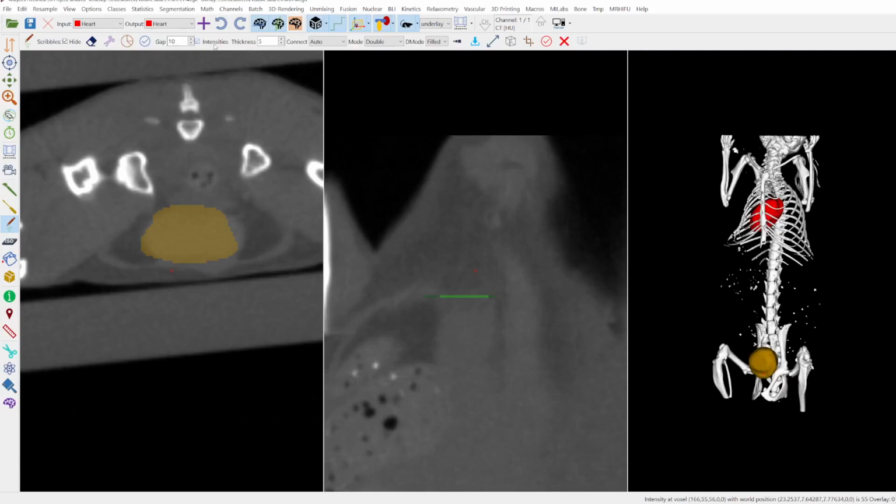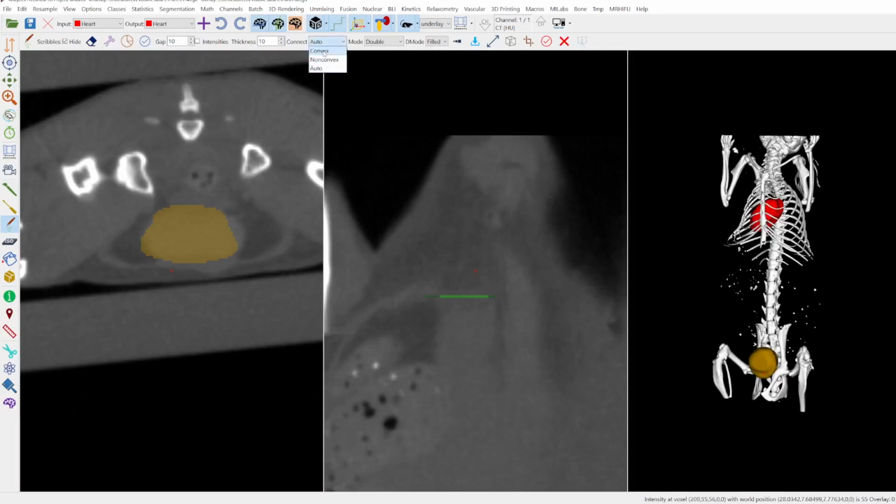You can also use intensities here. When it's deactivated, then only the shape you provide with your scribbles is used. You can enter the thickness or change the thickness of your scribbles, also in screen space pixels.